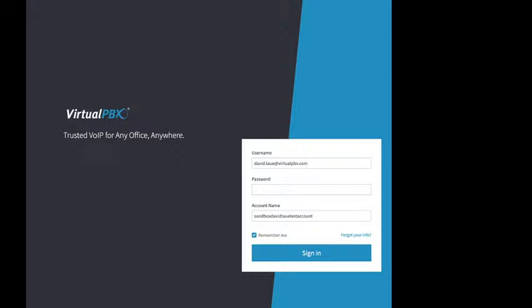Now to log into Dash, we do need your email address. That's your username. Your password, which should have been emailed to you, and the account name, which is typically your company name. Could also be your name if you set up a personal account. If for some reason you don't have, say, your password, then over here towards the bottom right, where it says Forgot your info,